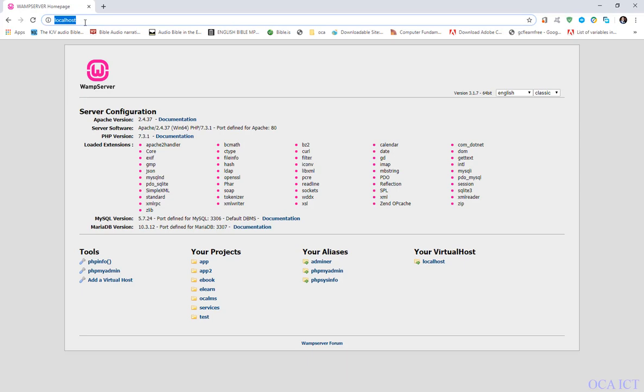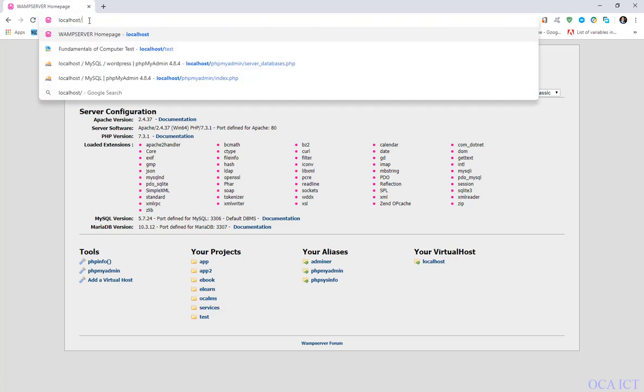Now this is the localhost here. Remember, this is the name of the Moodle content we added in the root directory of our server. You can see the OCA LMS here. Now, to begin the installation, you need to click